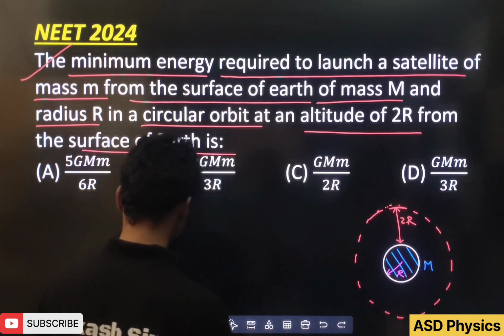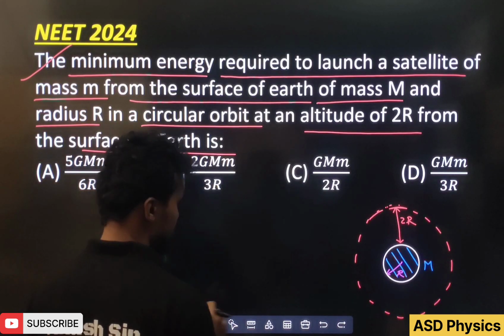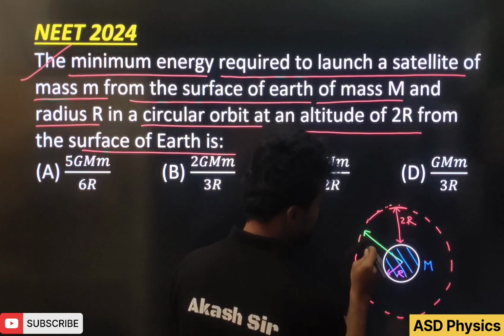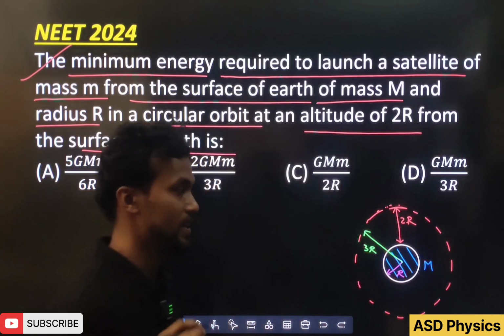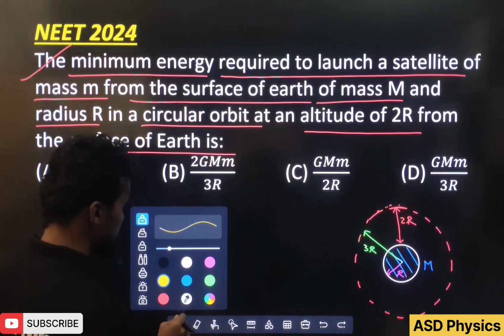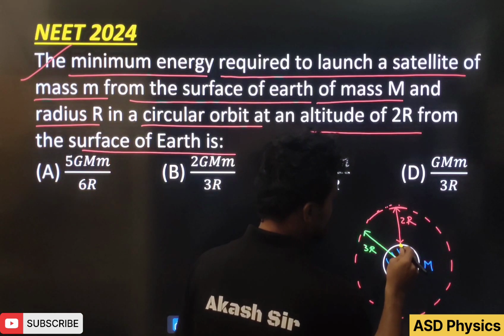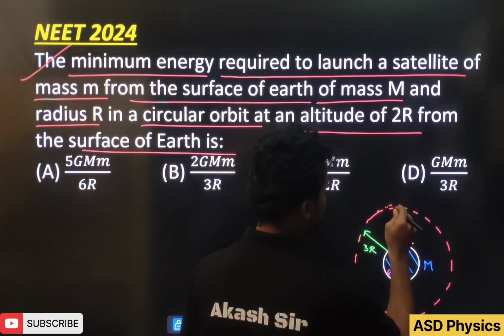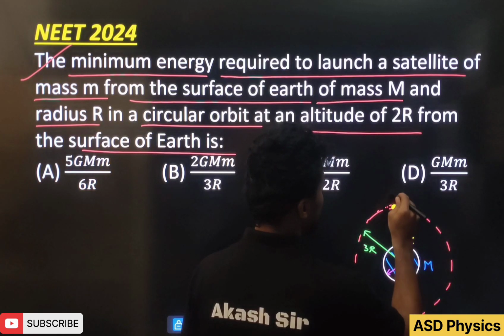2r. So can you see, from the center how much distance is there? You know this is r, this is 2r, so this distance is 3r. Okay, students, now let's take for example, first, the satellite is here. This is the initial situation, and after that when it comes to the orbit, this is the final